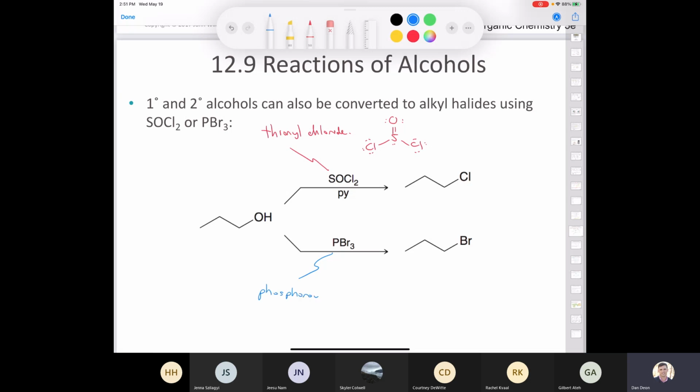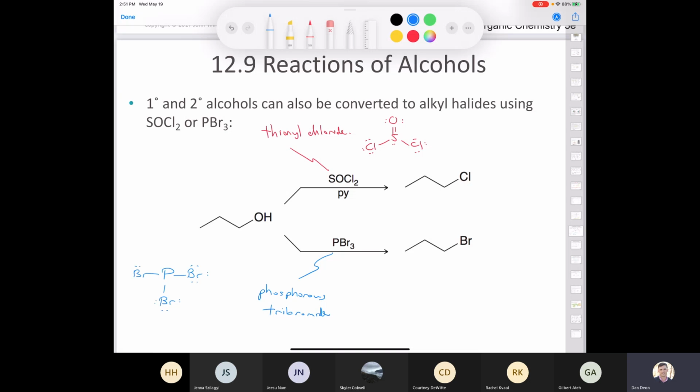Phosphorus tribromide. I worked with a guy in the industry, in fact the first person I ever shared an office with, and phosphorus tribromide was his favorite reagent. He tried to use it for everything. He'd always be like, PBr3, you get the PBr3. I'm going to use that. We're going to try that for this reaction. Anyhow,